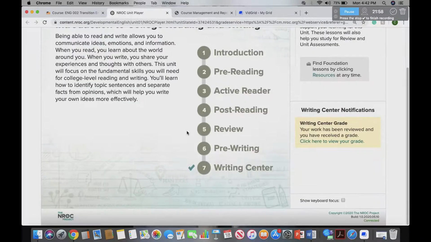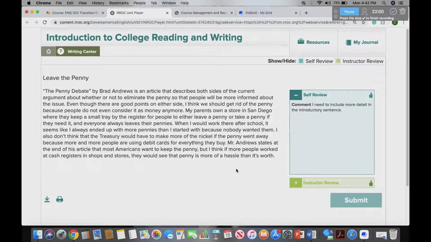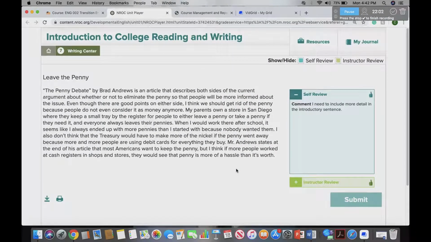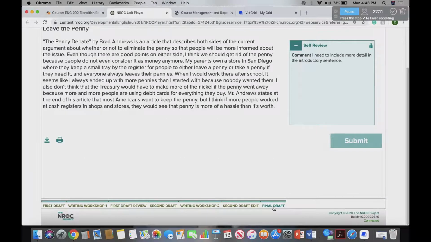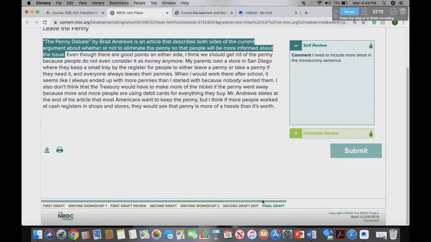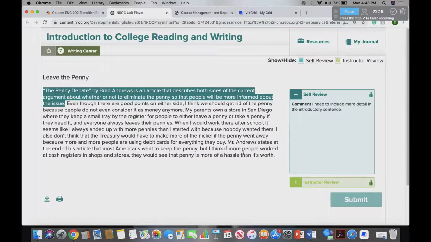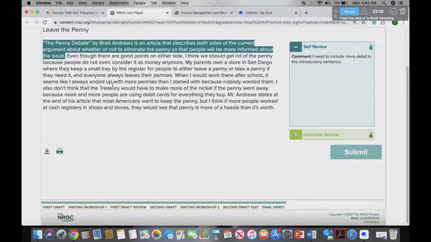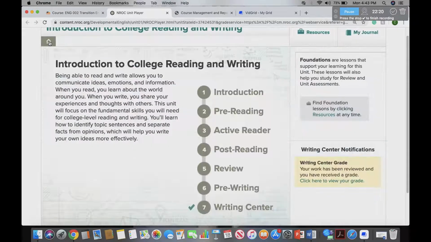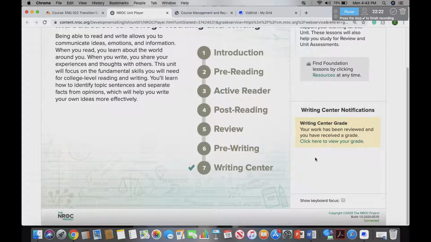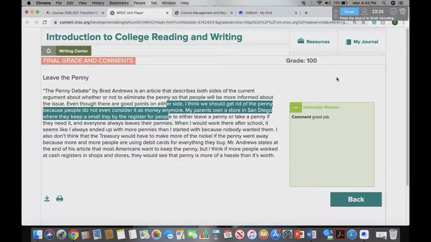If your grade isn't where it needs to be for your final draft, then we can click down here and, weird, it's not showing your grade. Maybe it's a bit delayed. But here it is. Click here to review your final draft. So then you'll see your grade, maybe, and this is always important to look at,